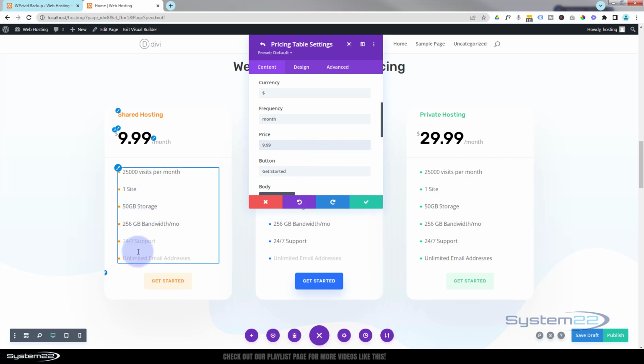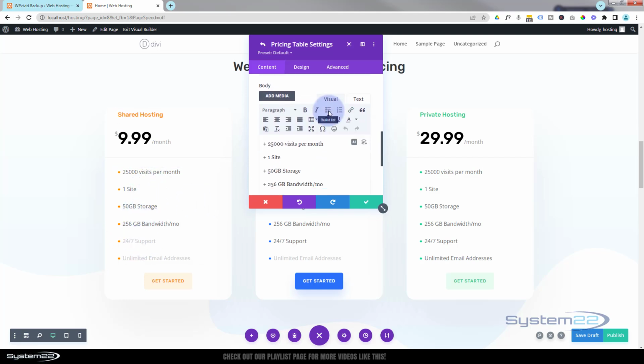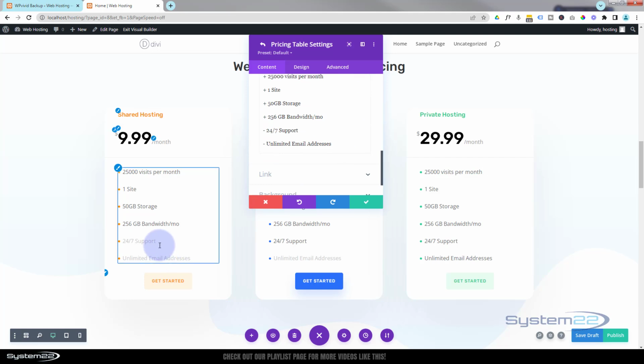I'm going to leave all that just as it is. Obviously you can go in there and change anything you want. You see some grayed out there that they're not sort of included, and you've got the bold ones there. If you want to change it from not included to included, just put in whatever you want here obviously and change the plus to a minus, and it'll darken it out to be included. We covered all this when we did our little pricing table video. If you're not sure, have a look at that one. I'm happy with that. And next door,